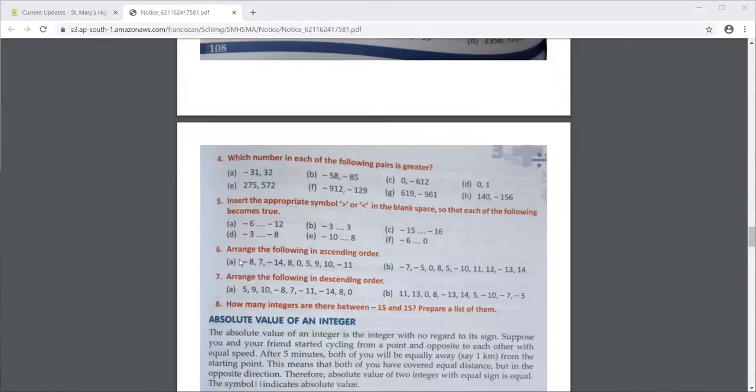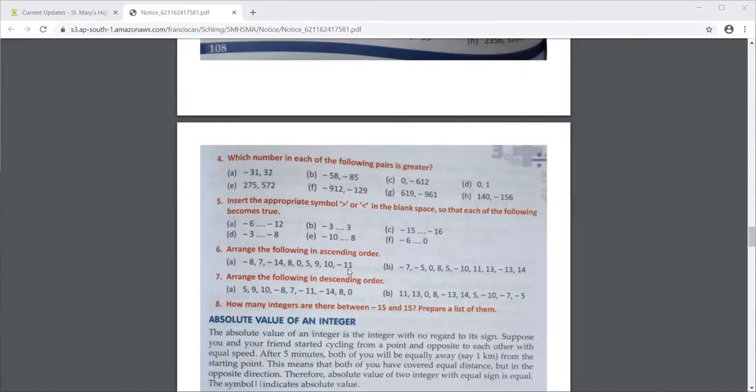Now question 6. Arrange the following in ascending order. Now ascending we very well know is the smallest to the biggest. So you have to see which is the smallest in this and write that first. So this minus 14, the biggest looking negative number will always be the smallest number. Okay. In negative numbers I told you, the number that looks bigger is the smallest. So 14 looks very big, but it is not simply 14. It is minus 14. Therefore, it is the smallest number. So this will be written first.